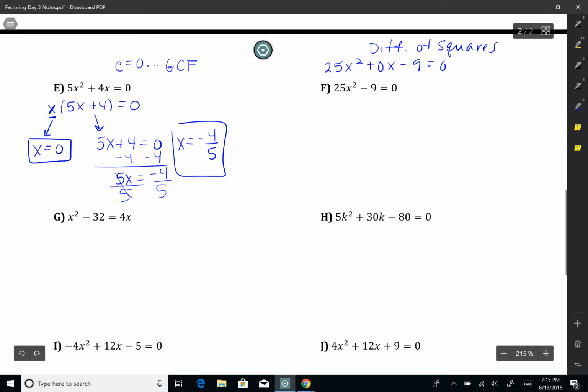And remember, we take the square root of the first term and the square root of the last term. Square root of 25x squared is 5x. The square root of 9 is 3. So I know those are my two terms that will be in each factor, but each factor is opposite. So one is plus and one is minus. Now, we will set both of these equal to 0, but I hope that you see